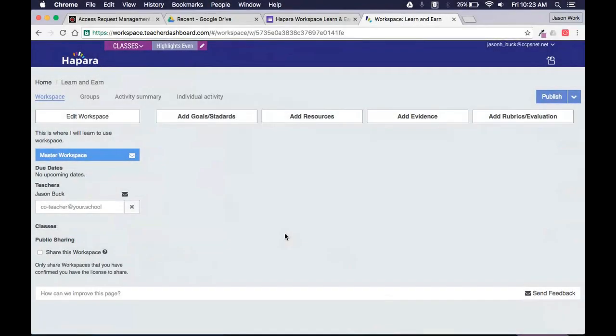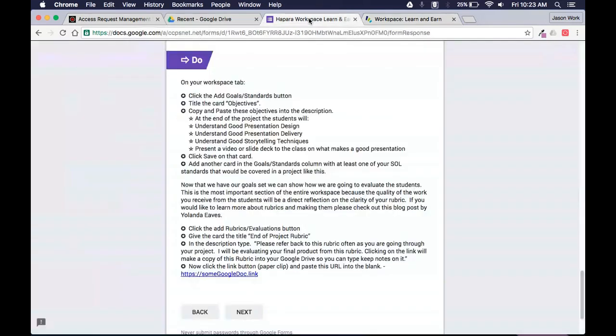Now that we have gotten into our workspace and we have edited the workspace and added goals and standards, add resources, add evidence, add rubrics and evaluations, to add each one of these things is as simple as clicking a button. Now I'm going to walk through the steps that are in the Do section for this part of the Learn and Earn. So I'm actually going to use the Learn and Earn right here, and it says click on